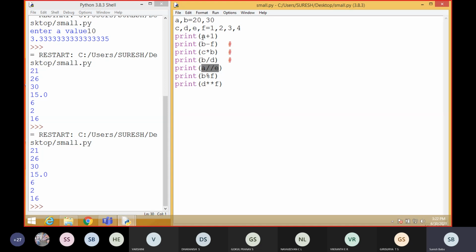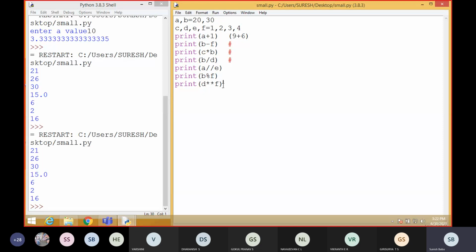You can combine like this: one variable and one value, or both are variables like b minus f, or one variable and one value. Otherwise you can use both values, 9 plus 6. You can use any method. Definitely it will do that particular arithmetic operation and give you the result.